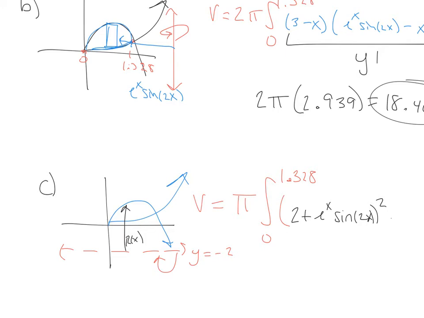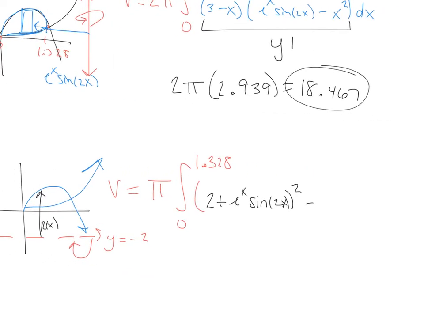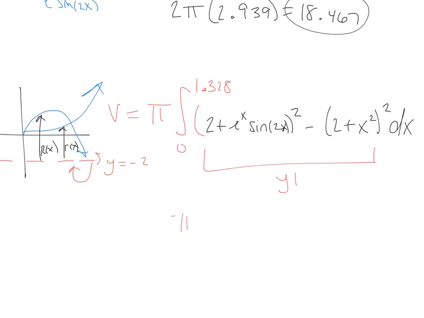Okay, and then minus 2 plus the lower curve, that's little r, that's going to be 2 plus x squared dx. Then I'm going to put this into my y1, and then in the end I'm going to multiply that value by pi. So when I put that into y1, I'm going to do second calc 7, and I'm going to do from 0 to 1.328 and multiply this by the value that comes out of the integral,